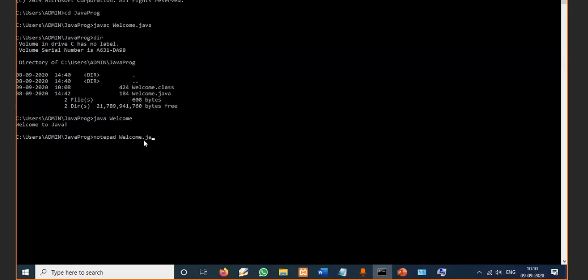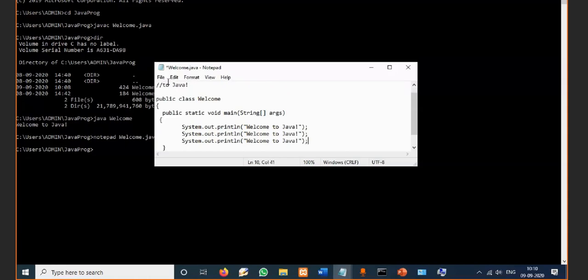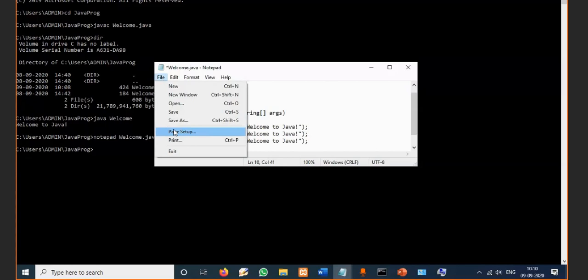Now what I will do, I will add one more statement here, the same print statement, so I add it twice. System.out.println, Java, again I'm printing. If I add one more time the same statement, now I save this file and exit. Now you can go again to the prompt.